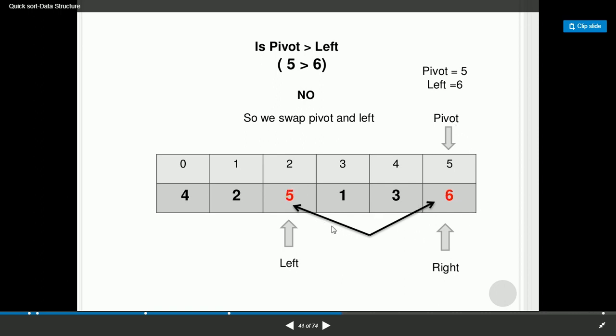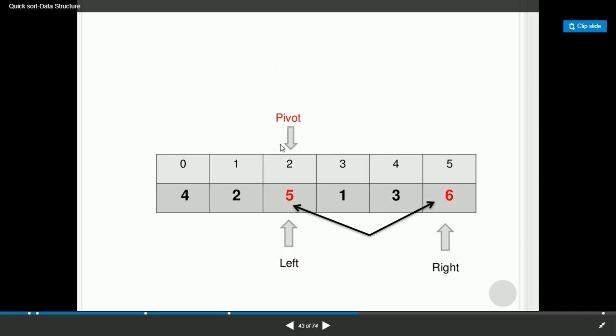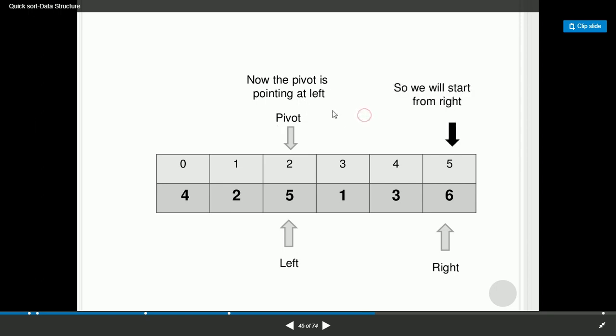So now the pivot is pointing to the element 5 in the next array. Here you can see 5 is the pivot point and 6 is pointing to the right. So we will compare now. At the left pivot is 5, and so we will start from the right.